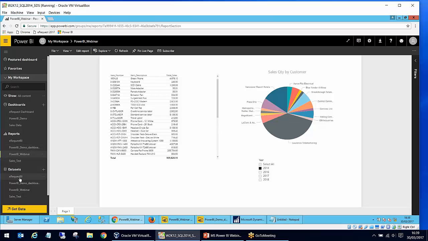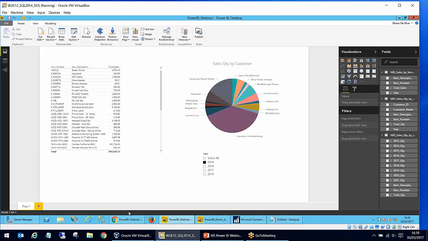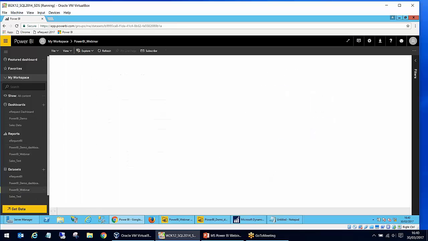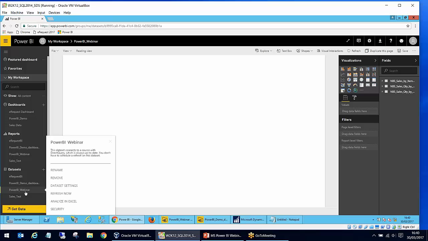Our data sets are, if within our desktop we create links to a data set, Excel or SQL Server, and then we call it something or save the desktop or the report, it will save that as a data set name as well. So pretty much what your report name is, it will save as a data set name, and this is where you would control